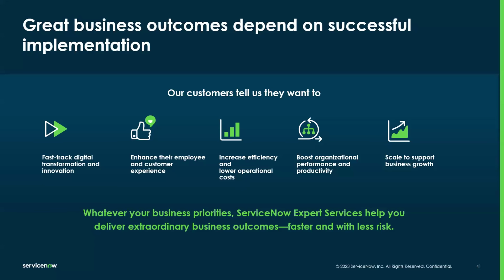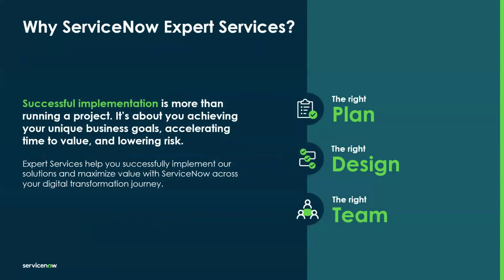And when we work on these successful implementations, our ultimate goal is to achieve faster time to value and minimize any risk. Now, why Expert Services? So first, our focus is always on the right plan that is aligned to your vision and executed to take full advantage of Now Platform. The right design, fully leveraging leading practices and maximizing the use of out-of-the-box capabilities and reducing technical debt and setting a foundation for success. The right team, utilizing our best experts across all project phases